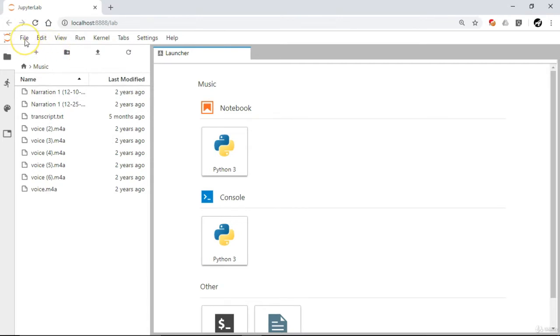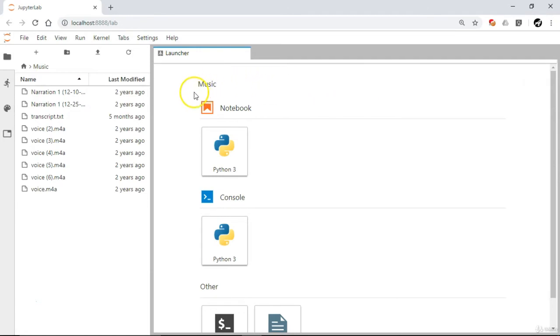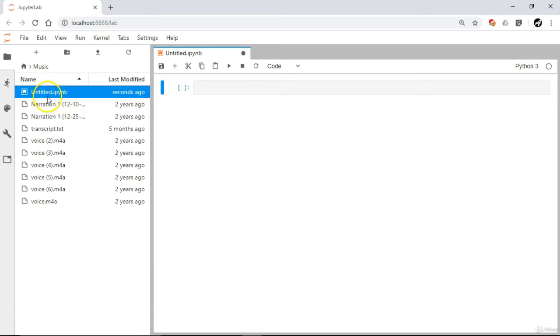Now apart from that, there are all the usual buttons like File, and from that you can create your new Python console or new Python notebook or terminal or a text file. Let's just first create a new Jupyter notebook file. So from this launcher button, I'm just going to create this Python 3 and you can see it has created one